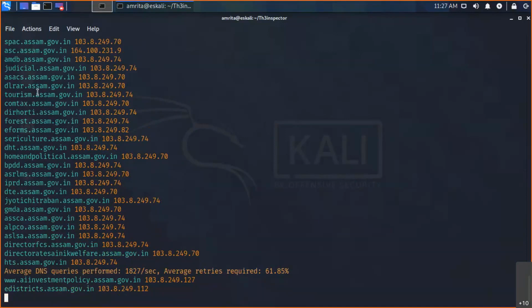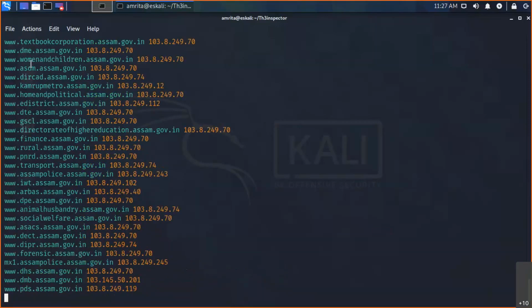So if there are 100 domains, the hacker will take care of each and everything. And of course, we can transfer it into a text file and slowly run a loop. So it now comes to the application security level, to secure each and every one of the applications associated with this domain.